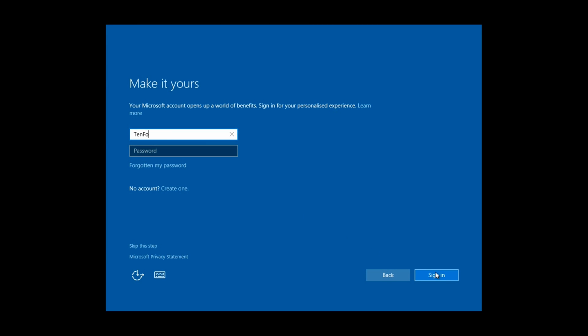Okay, now some practical examples. Let's first install Windows 10 using an MS account.